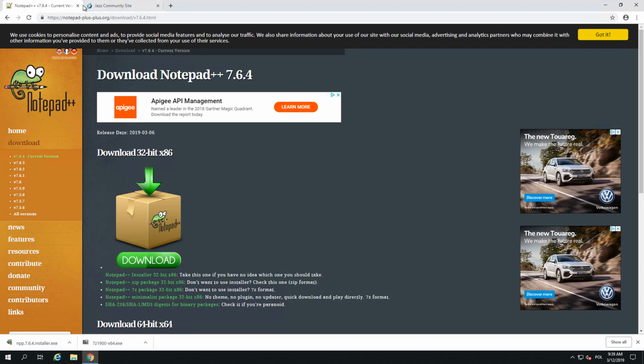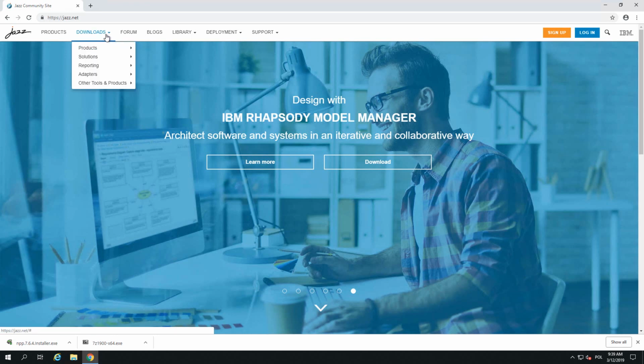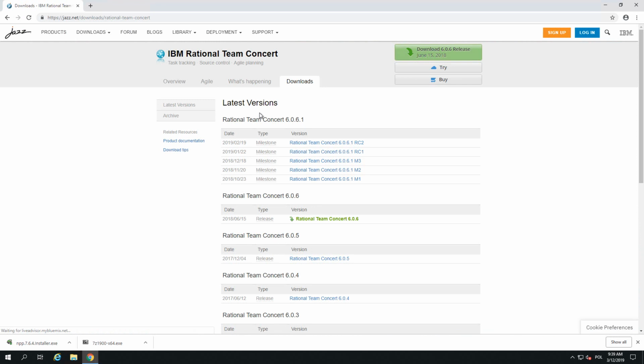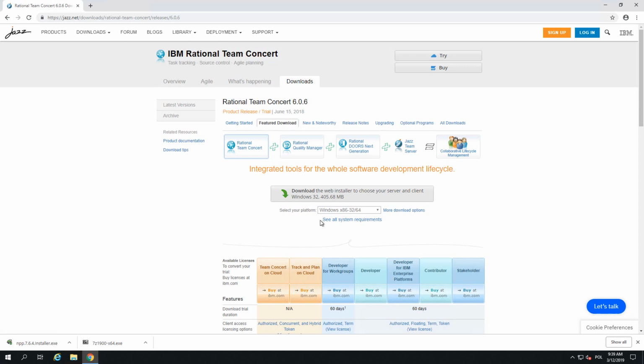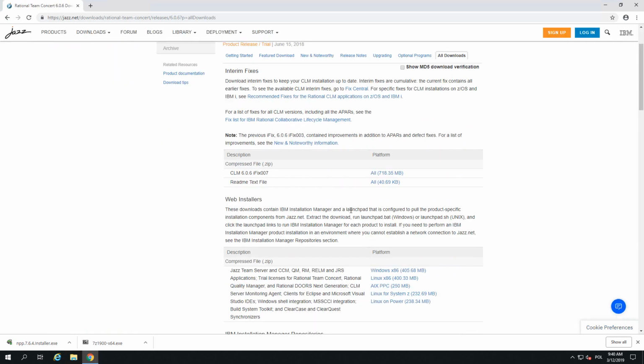If you have those already in place, you can go to jazz.net and start installing all the necessary software. Of course, before we start installing the IBM Collaborative Lifecycle Management Platform itself, you should go to downloads and select the product you want to install. I will select IBM Rational Team Concert. You should go to the version you want to install, and before you even start downloading all the products, a good idea is to go to all downloads, and here you can find